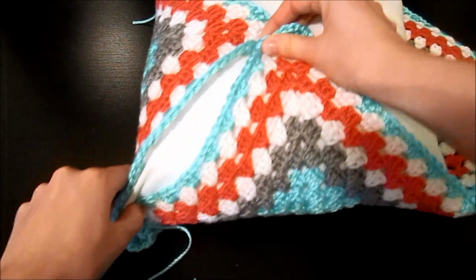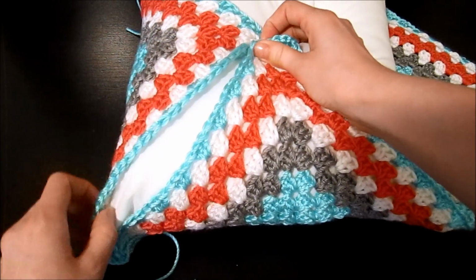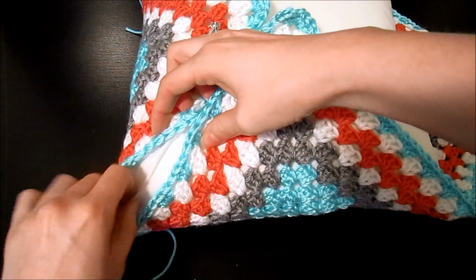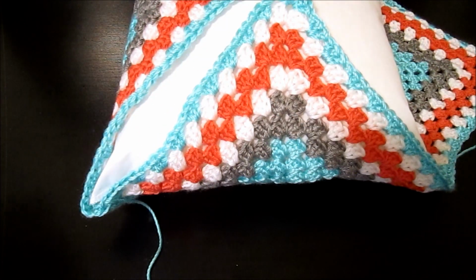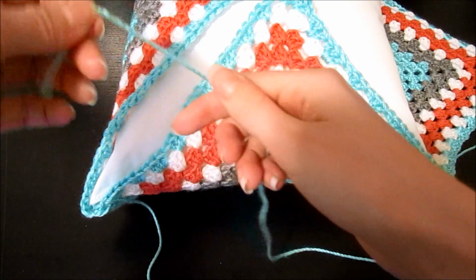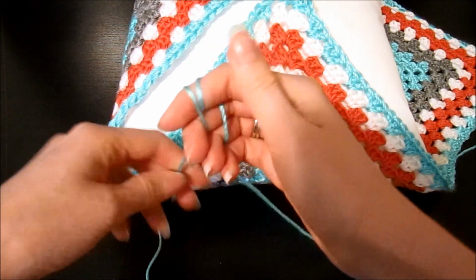So you just want to get 2 of the corners folded together and just kind of hold on to them, and we're going to start at the corner just like we did before. So I'm going to set this aside for a second. I'm going to get some of my yarn and bind on just like we did before. Okay, what we want to do is create our slip knot,